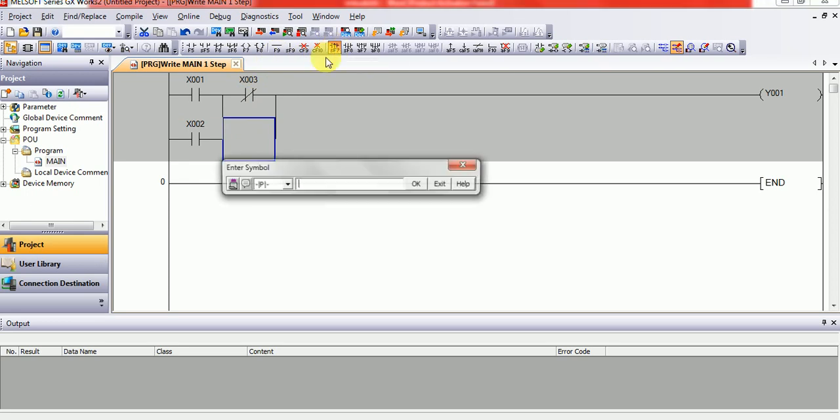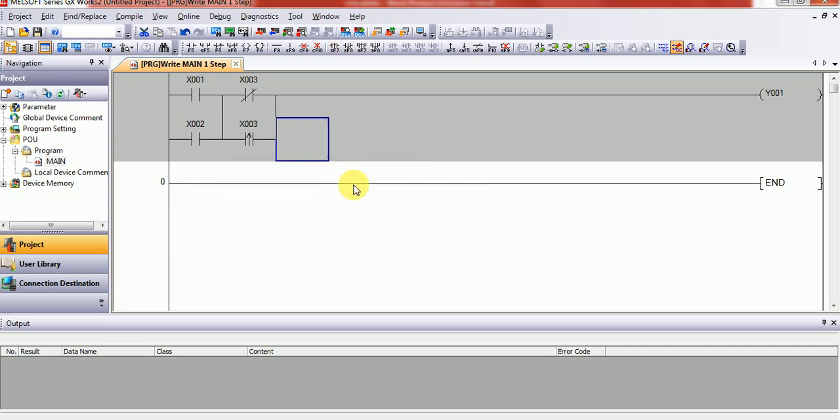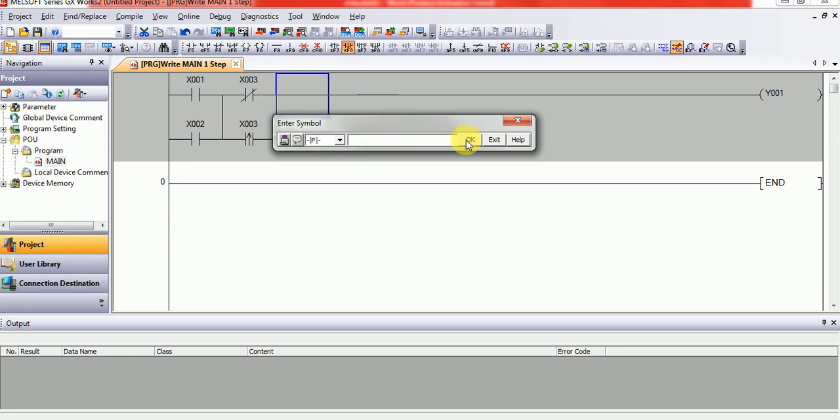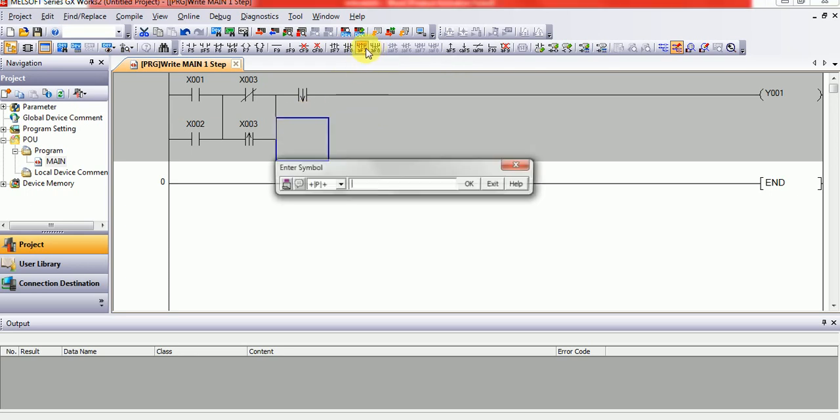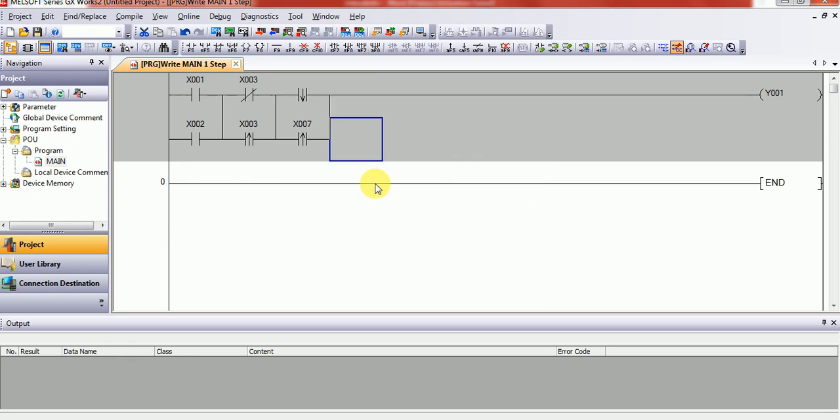Press it simply and give some address, X03, and this is a falling edge. And this one is the branches. Press any, and give it 7. Okay, these are all the branches.